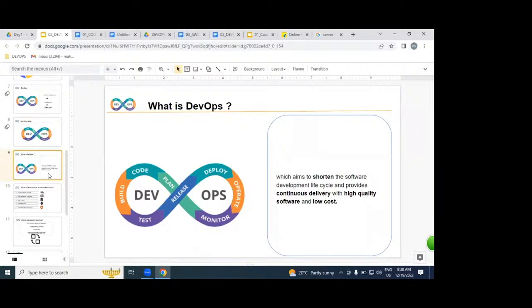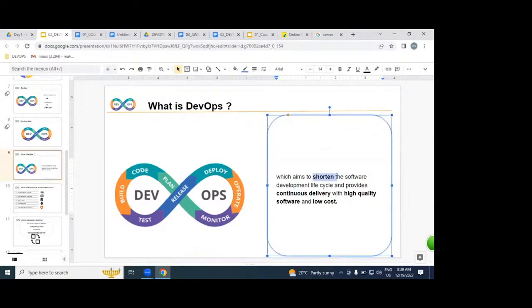Is DevOps a technology like Java or .NET? It is not. DevOps is not a technology. DevOps is a process, which we implement from the dev environment to operations with an automated process. If we implement an automated process, we are able to deliver the software in the shortest time, as soon as possible, from developer software into the production environment.